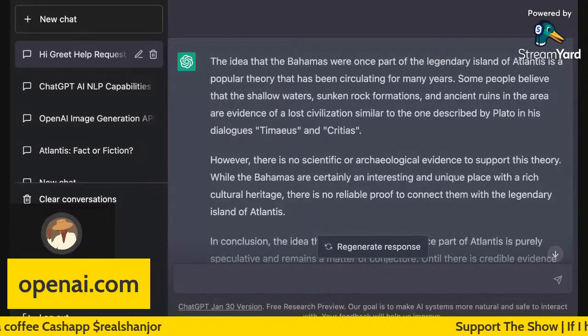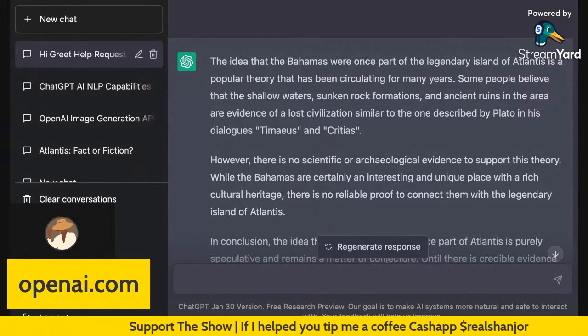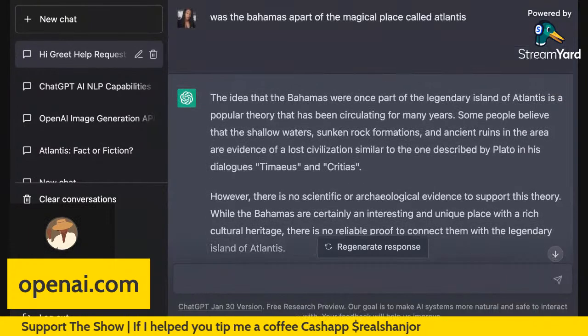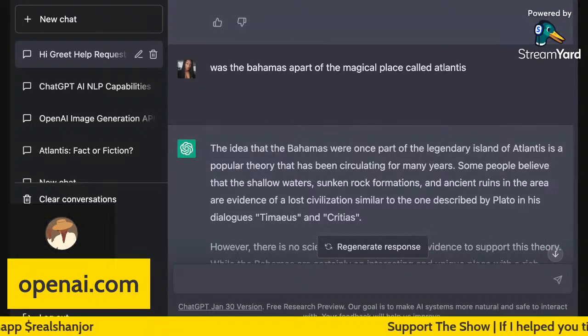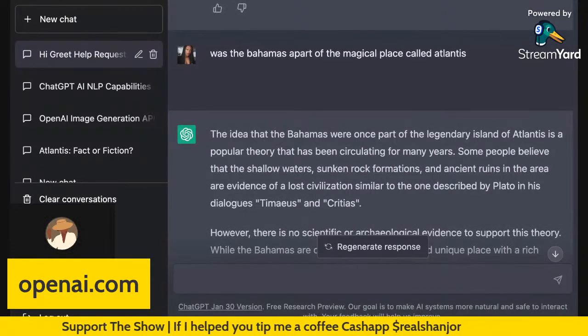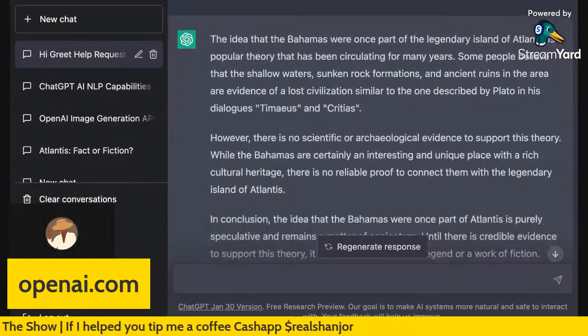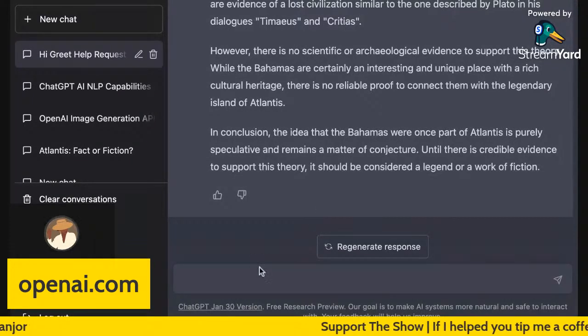So this is even for all my people out there who are into conspiracy theories, history buffs, a lot of people who are into studying mythology and things like that. ChatGPT doesn't leave you out either. We can use these things to also see where AI is at. Like I said, AI is only giving you answers based upon what humans have put into a database. It's not making new answers, but it is going to try to formulate a response based upon what other information is out there. Okay, all right.